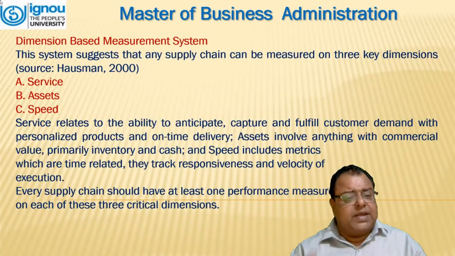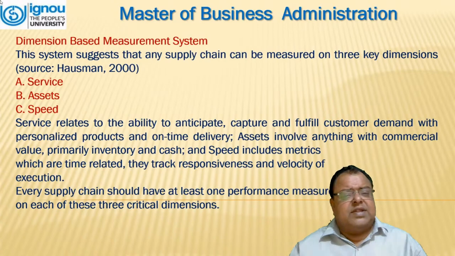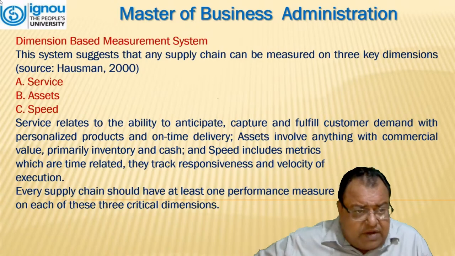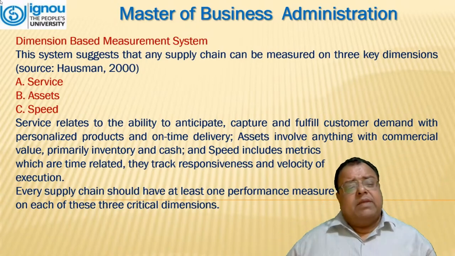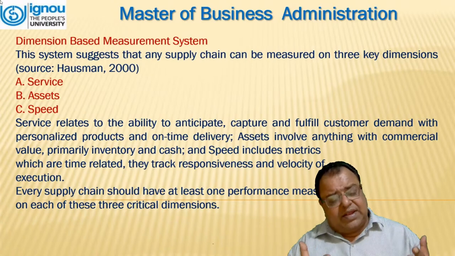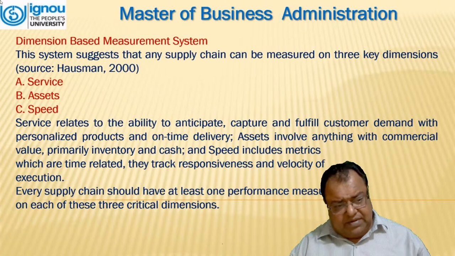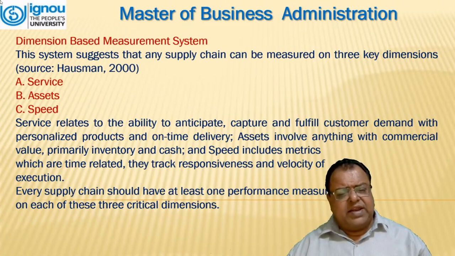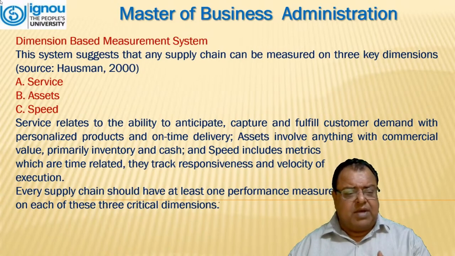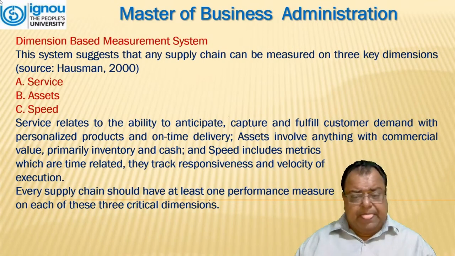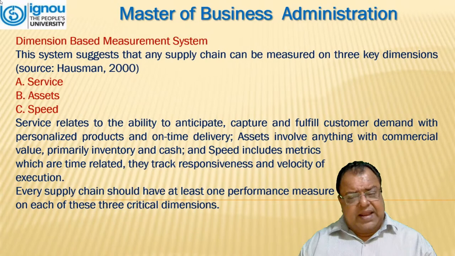Next one is the dimension-based measurement system. This system suggests that any supply chain can be measured in three key dimensions. It was proposed by Hausman. These three dimensions include services, assets, and speed. Service relates to the ability to anticipate, capture, and fulfill customers' demand with personalized products and on-time delivery. Asset involves anything with commercial value, primarily